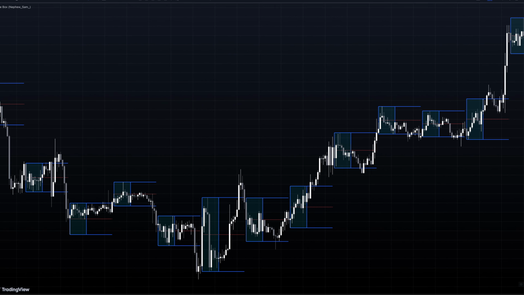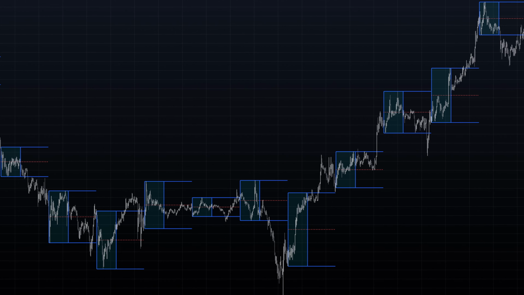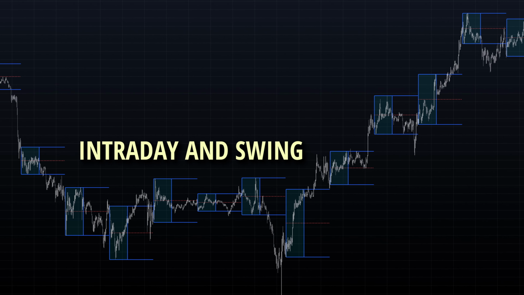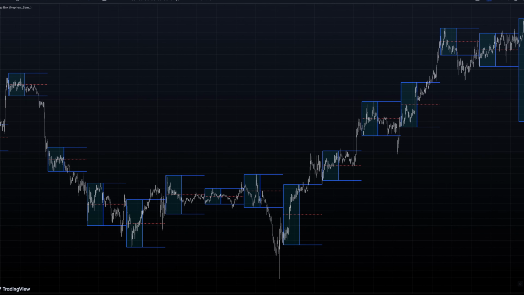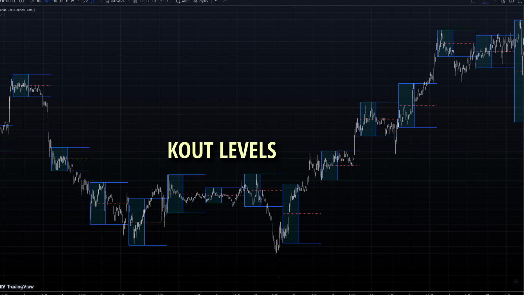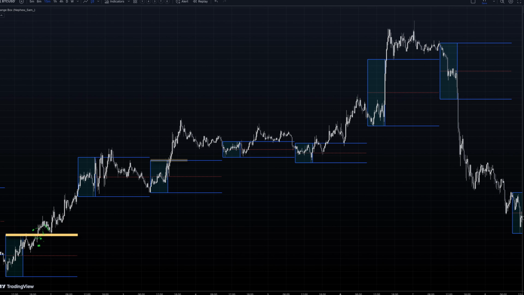The indicator is highly customizable, offering features like optional background shading for the range, adjustable line colors and thickness, and the ability to extend levels beyond the initial session. These options make it suitable for both intraday and swing traders who rely on clear visual cues for support, resistance, and potential breakout levels. A potential strategy using the range box indicator could revolve around breakout trading or range-bound trading,